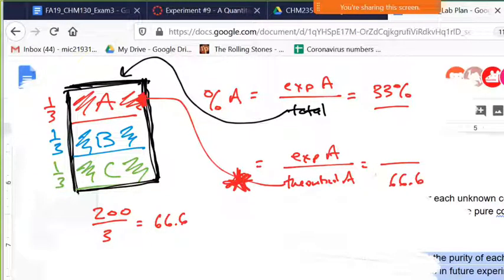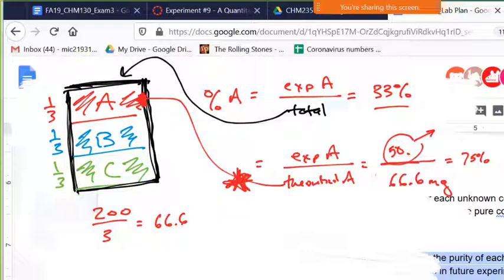that your theoretical maximum was 66.6 technically milligrams of compound. Okay, that was your maximum. And so you're saying you obtained something less than that. Let's just say 50. Okay, this is your kind of report out. So what you would then tell me is 50 divided by 66.6, that you got a 75%